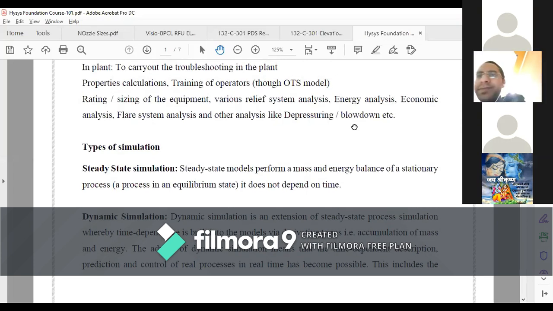Else, all these options are available from HYSYS 8.8 version onwards. In any version of HYSYS from 8.8 onwards, you will find all these options like energy analysis, heat exchanger analysis, economic analysis, flare system analysis, depressuring and blowdown. Everything you will find in any version of HYSYS.